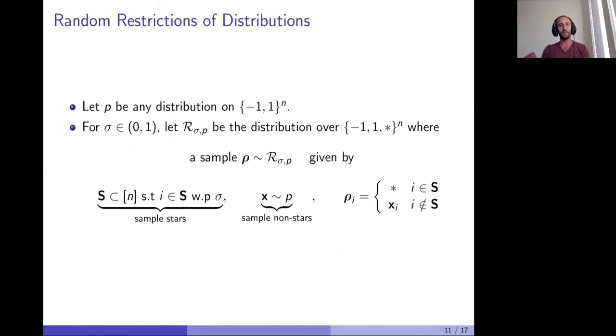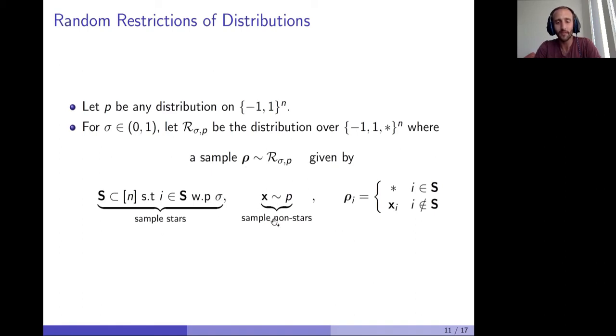We have a distribution P supported on {-1,1}^n. Now we're going to set a parameter sigma, and sigma is going to correspond to the probability that some particular variable is set to a star. And then R_sigma(P) is a distribution over random restrictions, which is given by sampling a random restriction rho, where we sample the stars first, according to including each index i in the set of stars with probability sigma, and then we